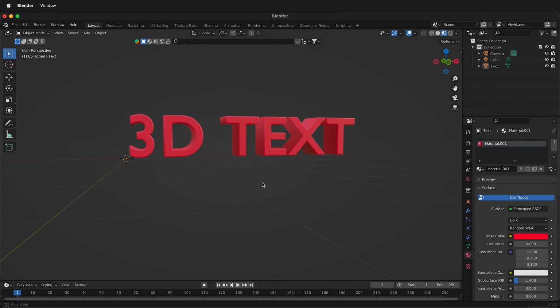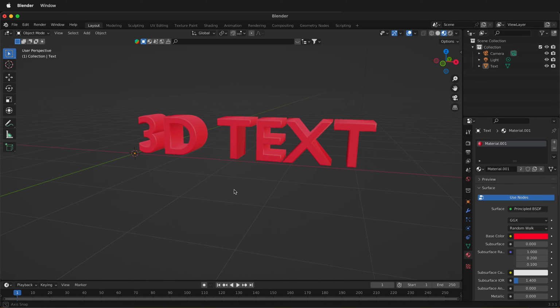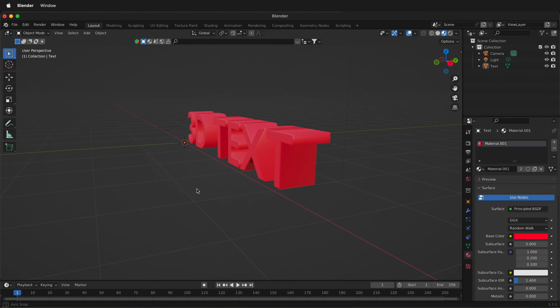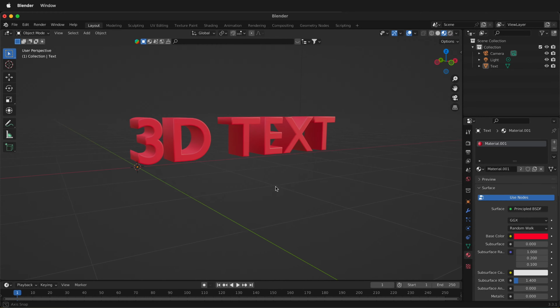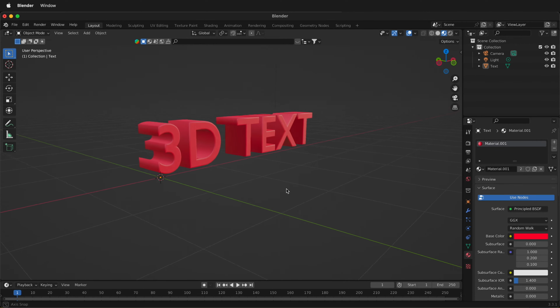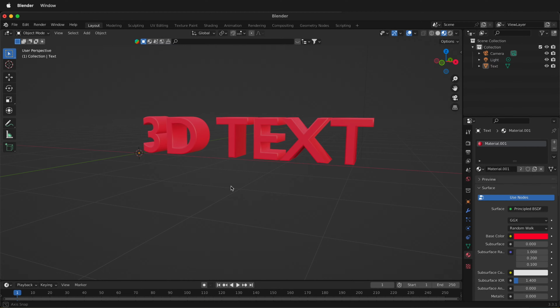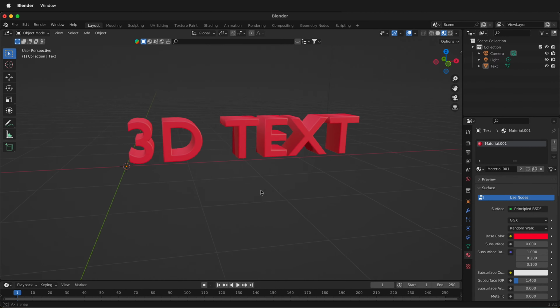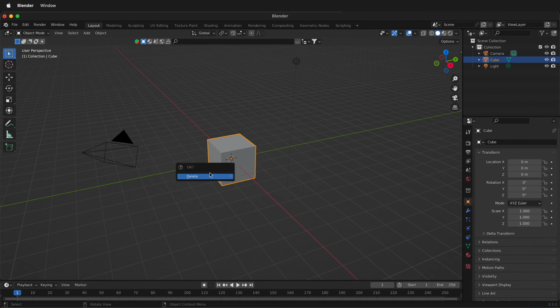In this Blender tutorial, I'm going to show you how to make 3D text in Blender. You can make 3D text in Blender and then you can extrude it and convert the 3D text to a mesh inside Blender. This allows you to apply materials in Blender and do anything else you want to the text. So let's get started. This is the default scene in Blender, so I'm going to press X and delete this